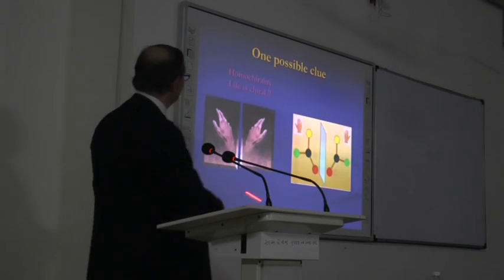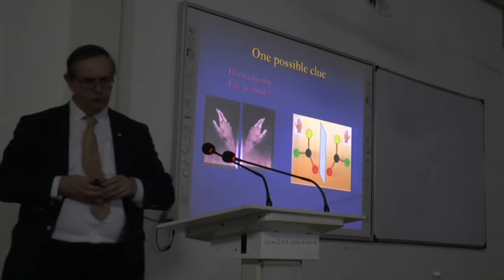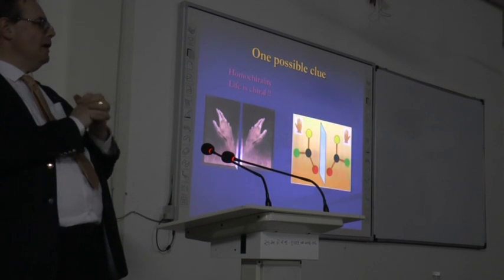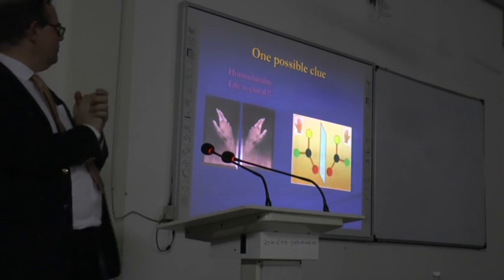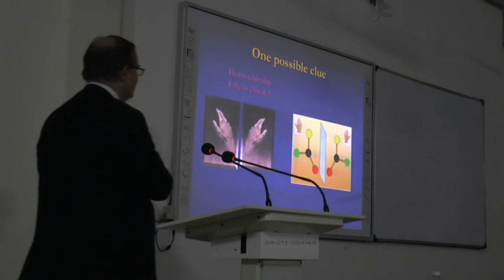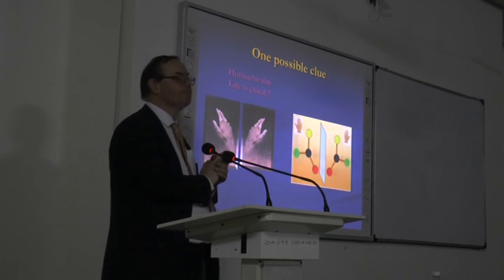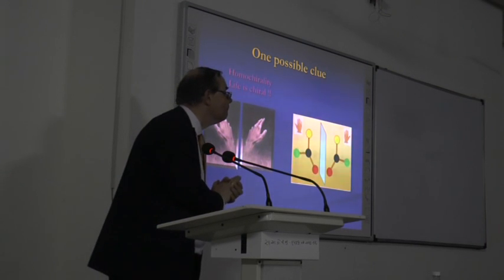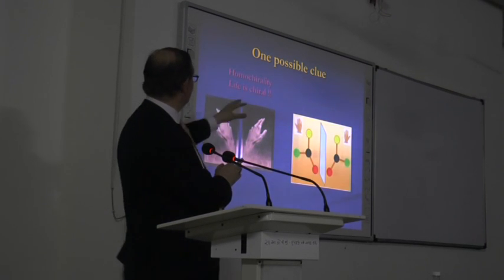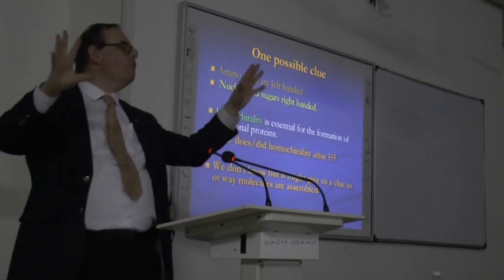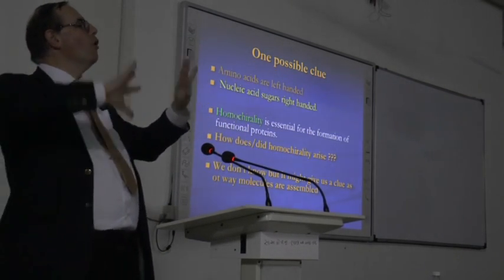Next slide. One possible clue to how the molecules assemble is something peculiar about biology. So the biologists in the room should know this, but what is chirality? Can anybody tell me what chirality is? Asymmetric carbon. Yeah. Next slide. So it happens that life has decided to form one type of orientation.